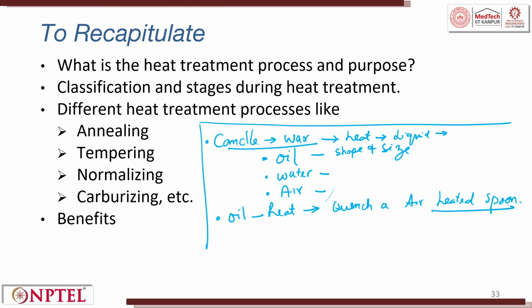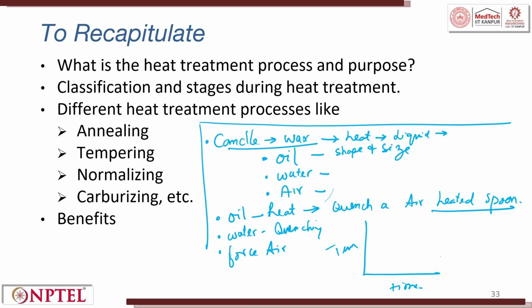That means you take a steel spoon, heat it in the flame till it becomes a little red hot, then you try to quench it in oil, then quench it with water, then quench it with forced air. That means you have a fan and hold the spoon in front of it. Now, you plot the temperature versus time and see what response you get. The red hotness has to come down to normal.